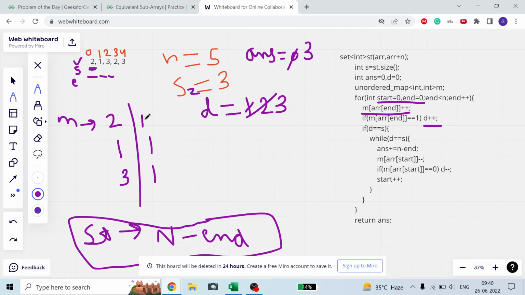Now what is start 2? I will make it 0. And if my m of start is equal to 0, it means the occurrence of the character at my start index became 0, meaning my start character is removed from my map or from my subarray. So I will have only two different characters. It means I reduce my different number of characters by 1, so I will just do d minus minus